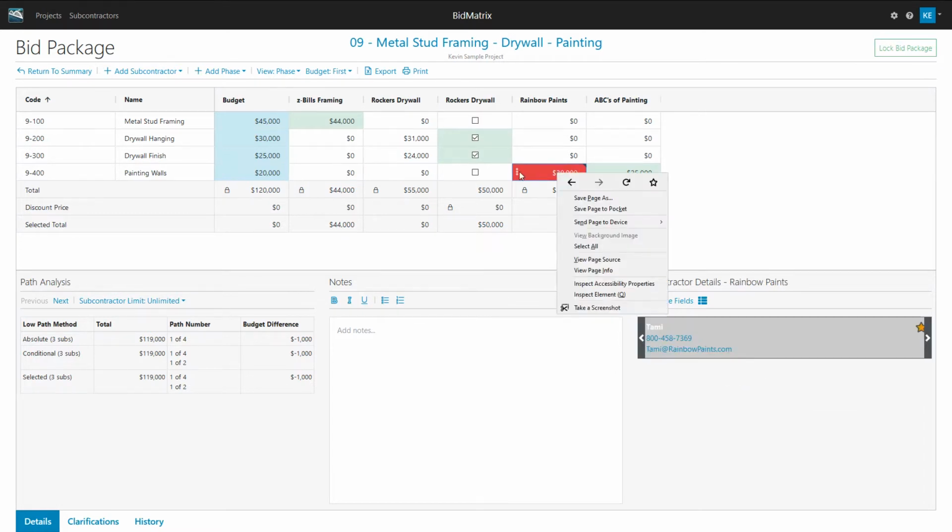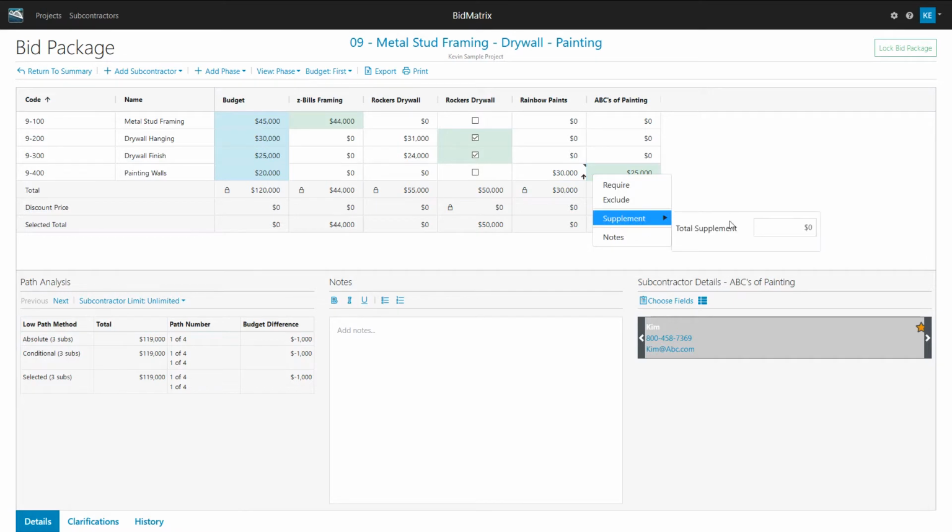And then at this point, I can also come back to here and say that it is not going to be excluded anymore. So it'll just be in the normal process of going through the money of whether it matches and so forth. Now that supplement could be positive or negative dollars. So if I come over to this heading here and for some reason put a negative $100 on here, you notice that this is the down arrow. If you add money, it'll be the up arrow. If you've taken something off of it, it'll be a down arrow for the supplement.